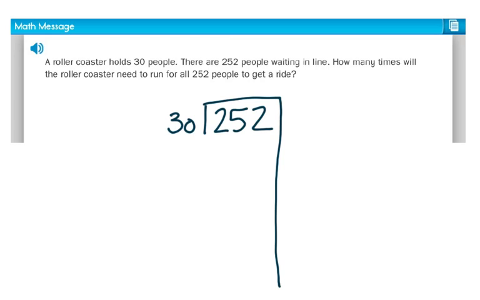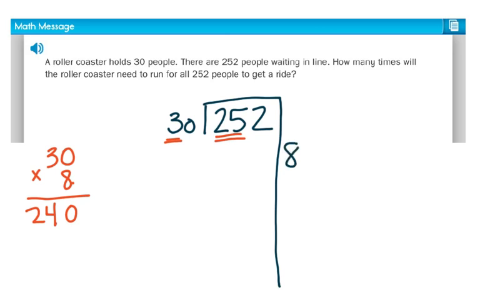So I'm going to use my estimation. This is a good way to do it. Think about how many 3s are in 25. About how many 3s are in 25? Well, there's about 8. So if I take 30 times 8, that helps me get a close estimate. Estimating is really beneficial. 8 times 0 is 0, and 8 times 3 is 24, 240. I'm going to go ahead and say it goes in there